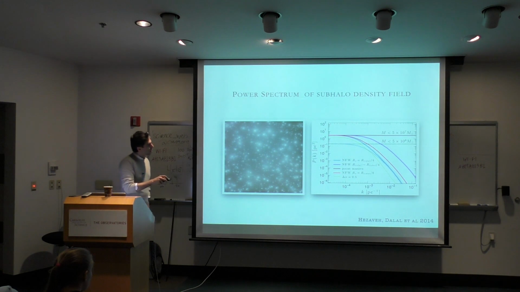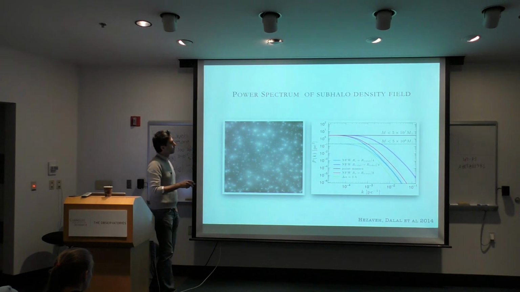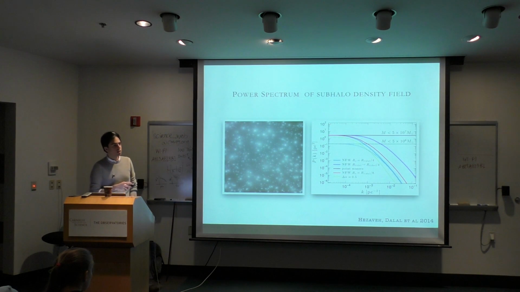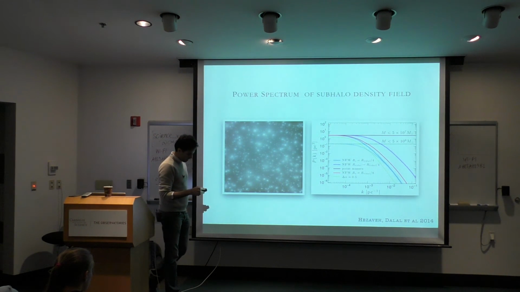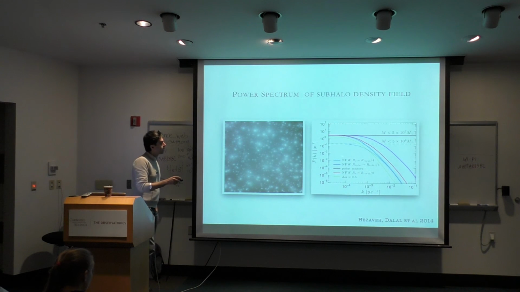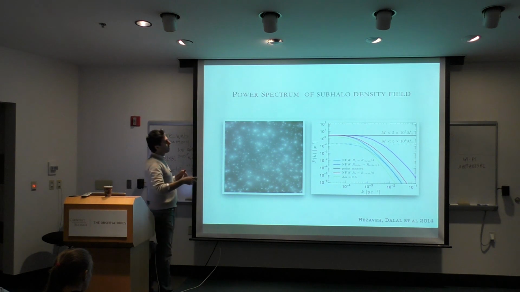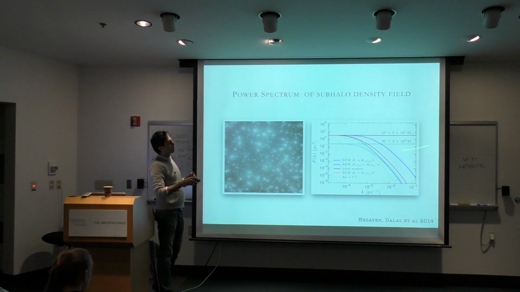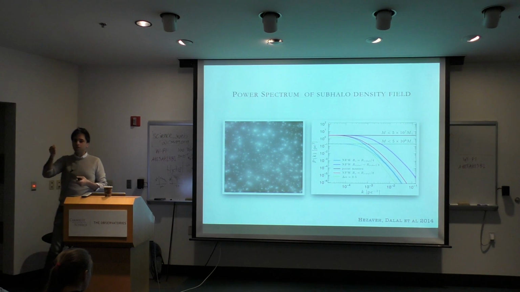So these are the expected power spectra for subhalos in the VLACTO2 simulation. We just took the subhalo catalog out of that and allowed them to have different profiles and different properties, and then we have a cutoff. The idea here is that anything higher than 5 times 10 to the 7 or 1 times 10 to the 7, these are subhalos that we will be able to detect individually, because one of them